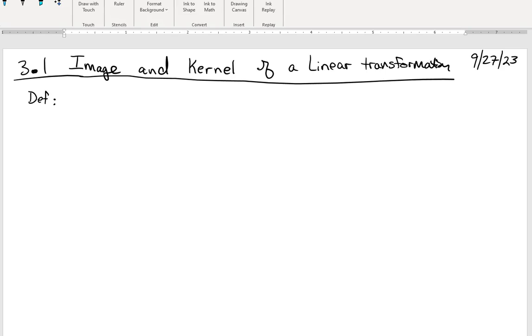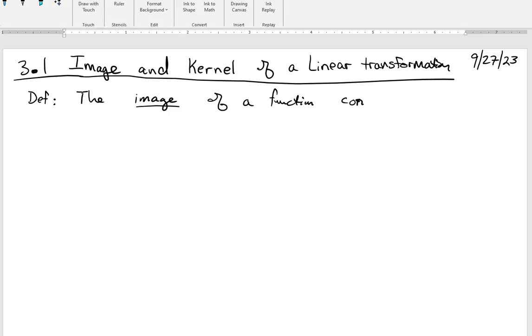All right, so the first definition, the first vocabulary word, is the word image. Okay? The image. And we're also going to learn that some of the vocabulary words from previous math courses have been a little bit incomplete. Well, or a lot incomplete. So some of the things we called stuff in Math 112 will have a more precise meaning at this point. All right, so the image of a function